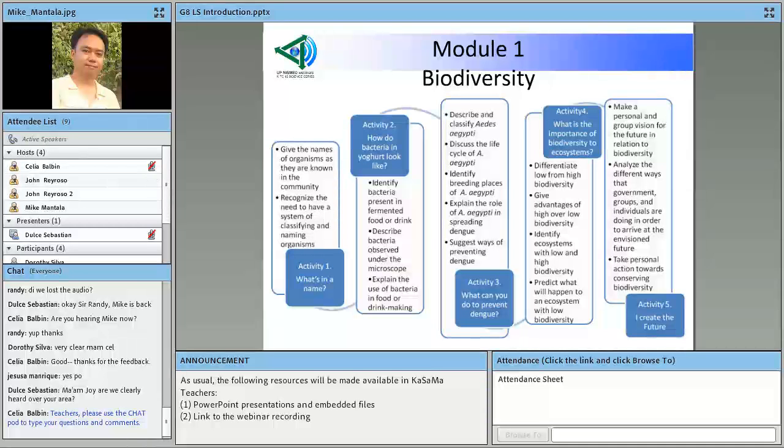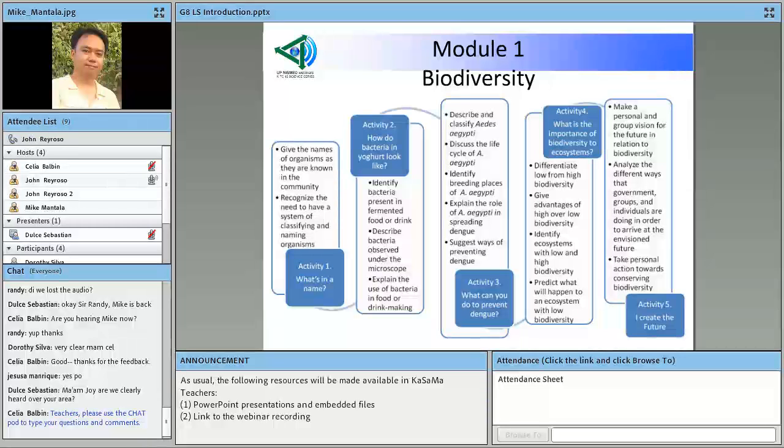Then activity 2, how do bacteria in yogurt look like? In here, you're going to do microscopic examination of the microorganisms that are present in products like yogurt. Activity 3, what can you do to prevent dengue? Activity 4, what is the importance of biodiversity to ecosystems? And activity 5,